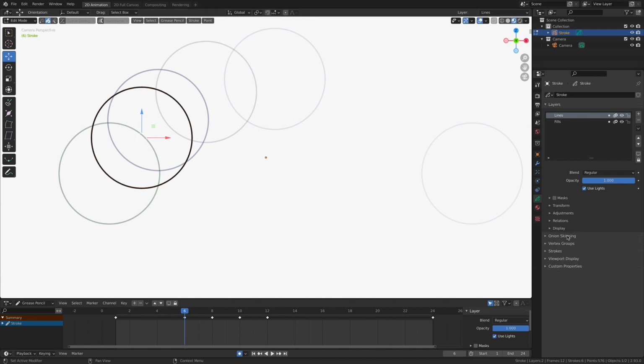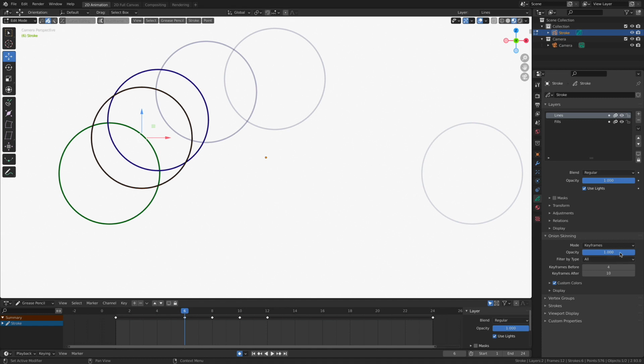These onion skinning options inside the object data category of options are just really good. In addition, you can also play around with the opacity. Some folks like having the onion skinning way down low. Some people like to have it up pretty high. You get to customize this however you like. I want to put it right there in the middle, right where it was.